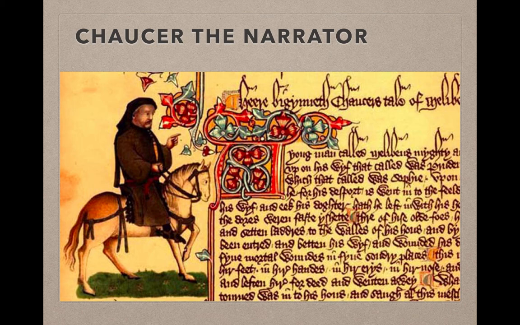But it serves a function. For example, in the Book of the Duchess, it serves the function of getting the man in black to talk through his grief, to explain patiently and slowly the love he has had for his wife and how profound his loss is. And if the narrator were quick and intelligent, he would have gotten that right away, and the poem would be just 100 lines long.